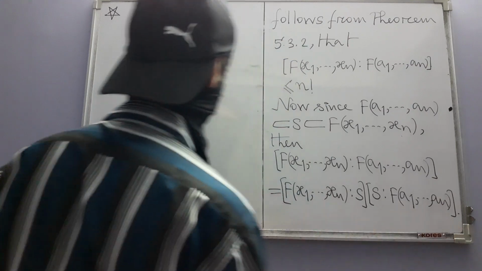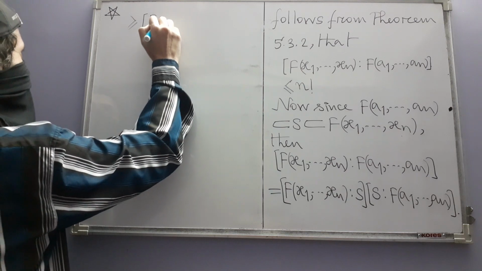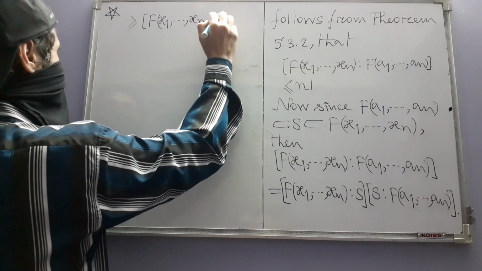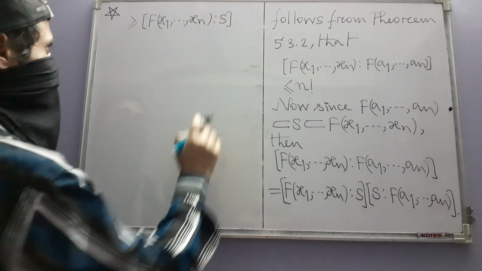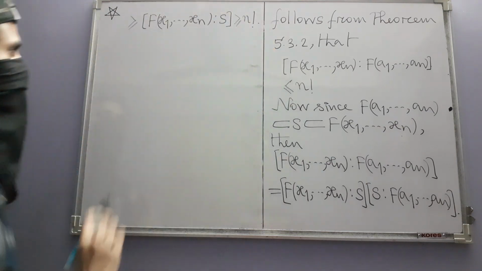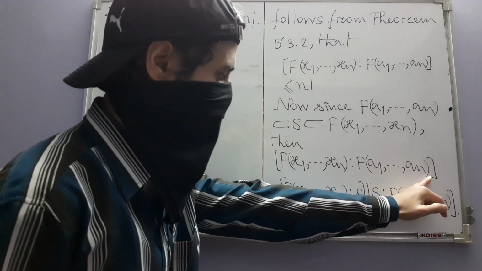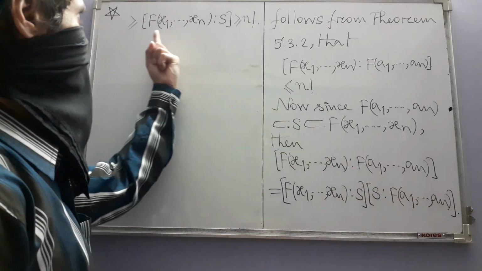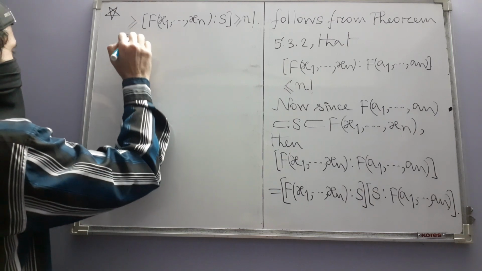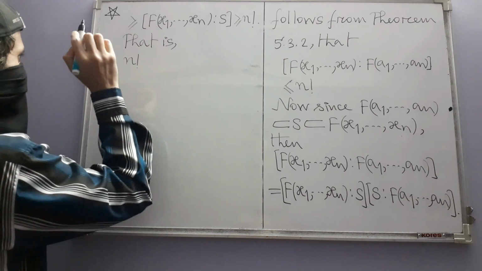See, this product is greater than or equal to the degree of this, which we already know is greater than or equal to n factorial. So n factorial is greater than or equal to this, which is equal to this, that is greater than or equal to this, that is greater than or equal to n factorial. Let me actually write those things, then it will be even more clear. N factorial is